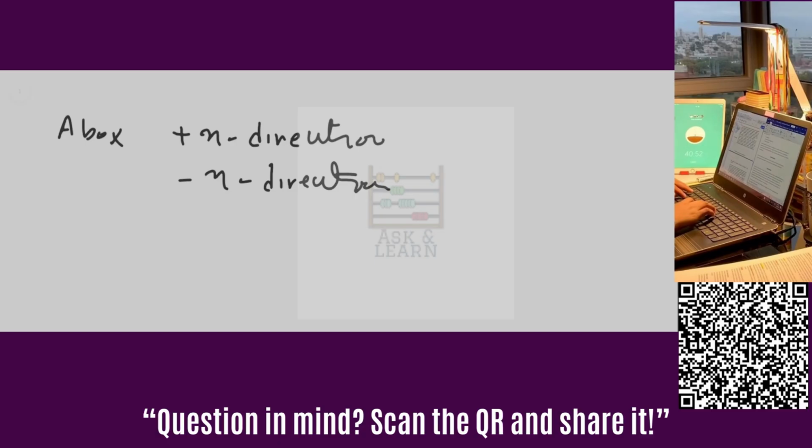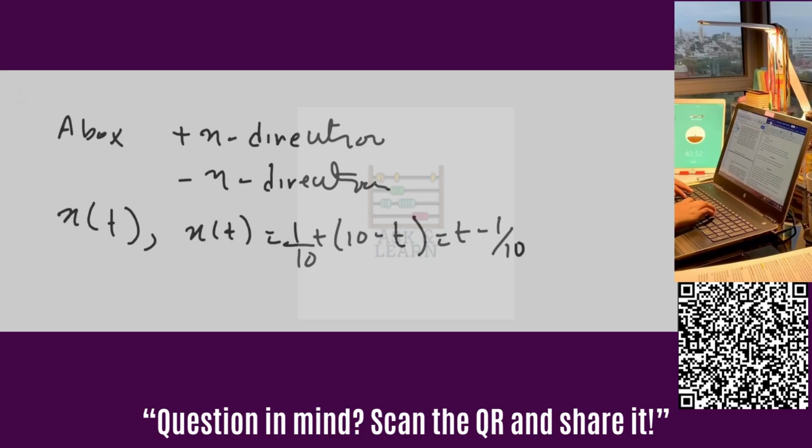So the graph represents x of t, the position of the lunchbox as a function of time. We fit the curve to a concave down parabola, which is x of t equals 1/10 t (10 minus t), that is equal to t minus 1/10 t squared. By taking one or two derivatives, we find